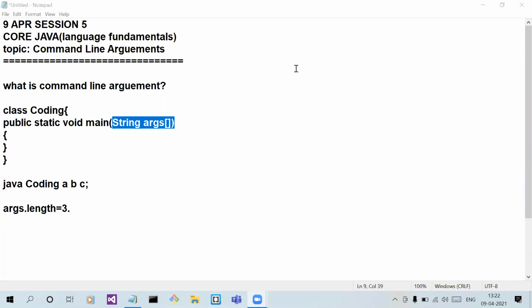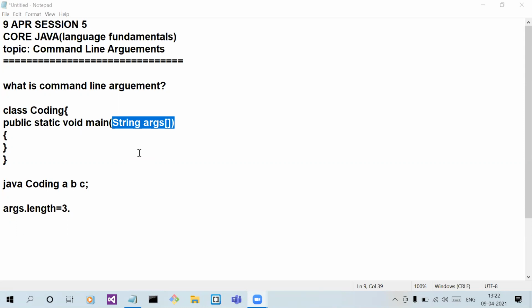String to Boolean, is it possible to convert? Yes. String to int? Yes, it's possible. String to any other type, we are able to convert. It's as simple as that.